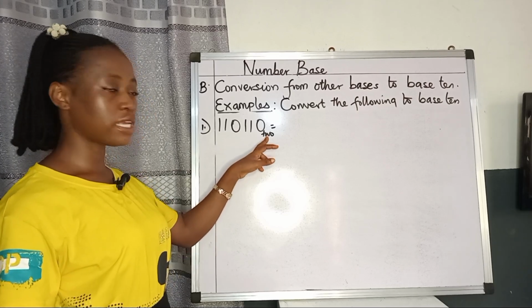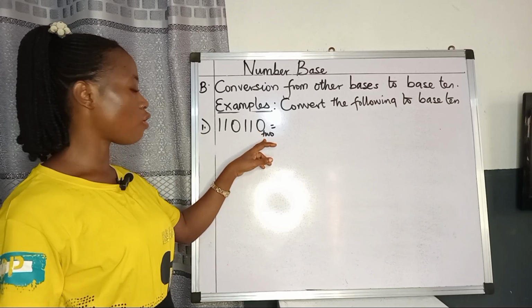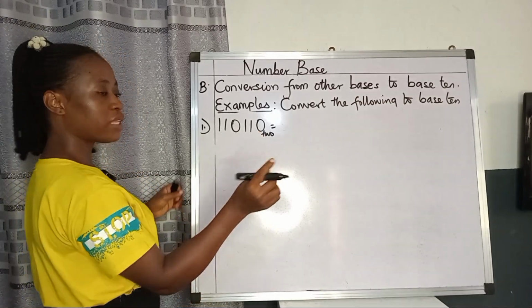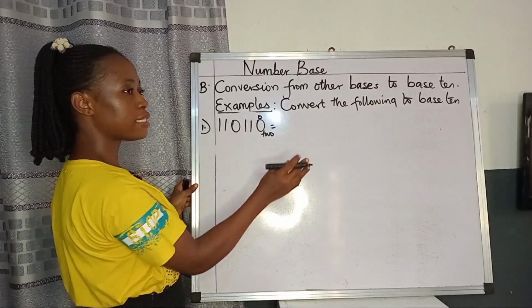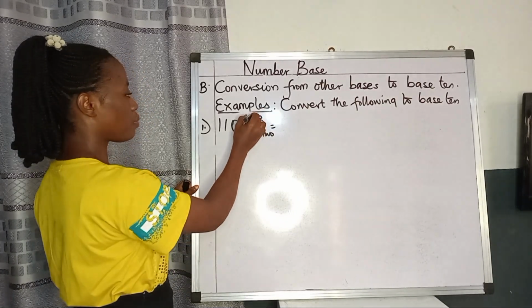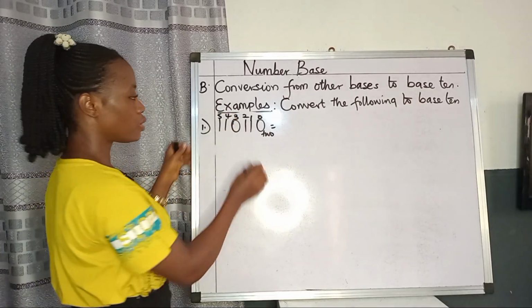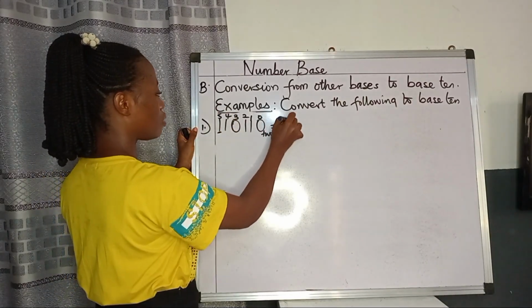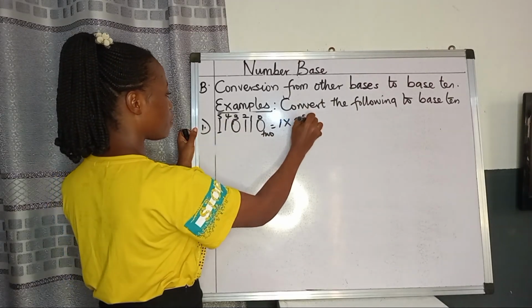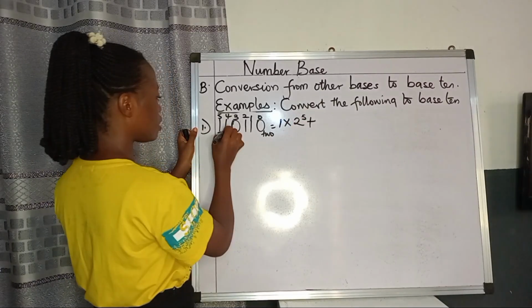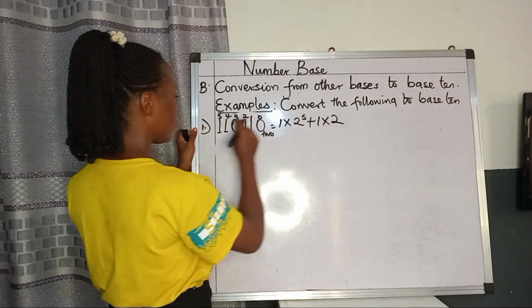The number base here is base 2. So we are expressing all these digits in power of base 2. Remember the first step, you write the powers starting from power 0. Starting with the last digit, we have power 0, power 1, 2, 3, 4, power 5. All right, so we take the first digit, multiplied by the base, which is base 2, raised to the first power, which is power 5, plus the next digit, which is 1, times the base 2, raised to the next